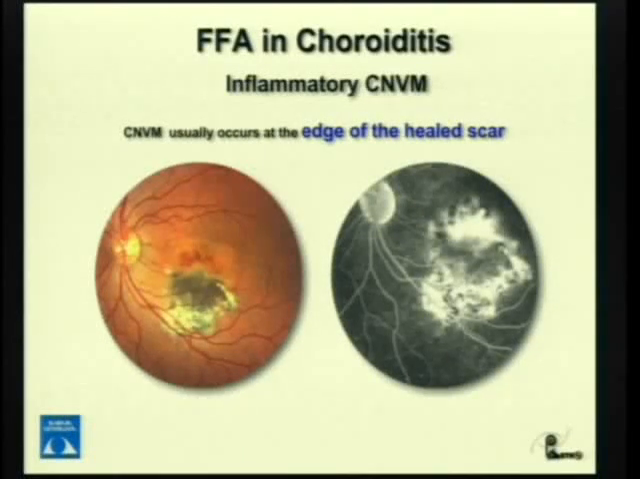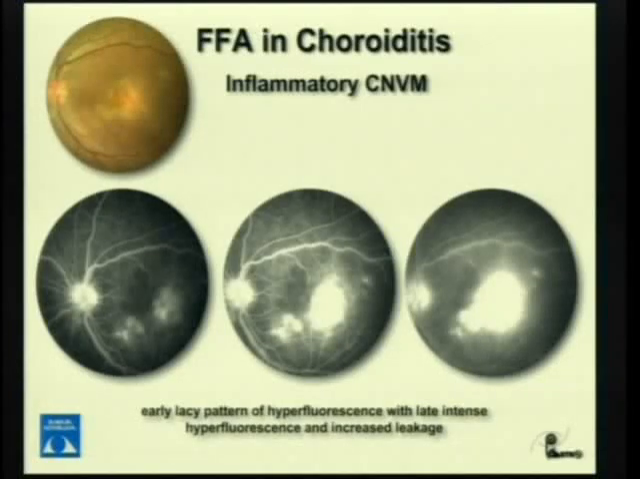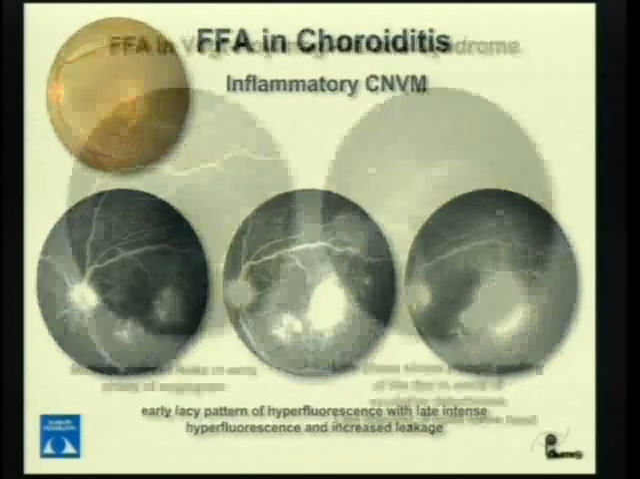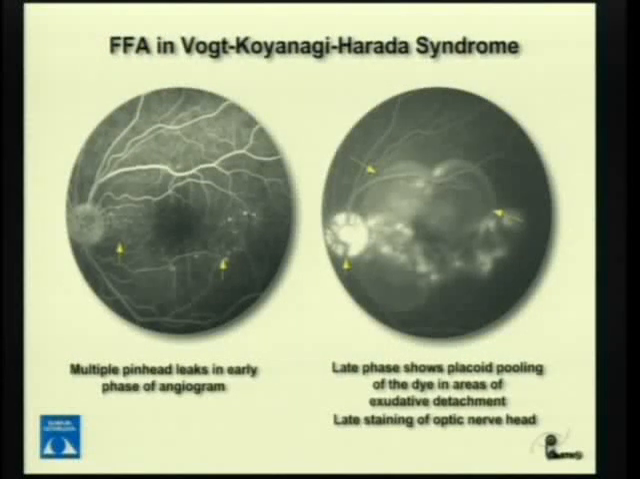Similarly, the CNVM in uveitis usually occurs at the edges of the healed scar. So fundus fluorescein angiography helps us to diagnose this with the early lacy pattern of hypofluorescence. Similarly, in Vogt-Koyanagi-Harada disease, it typically shows pinhead leaks at the early phase, which gradually increase and show pooling in late frames. So this is not very specific, because a similar picture can be seen in sympathetic ophthalmitis, some other conditions